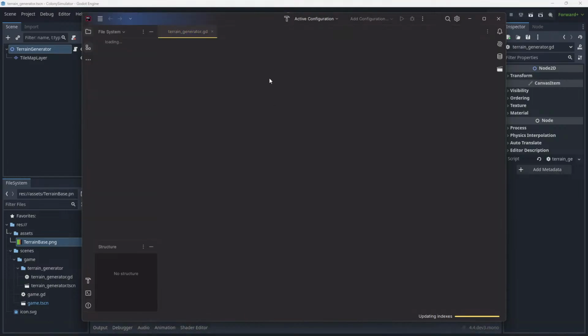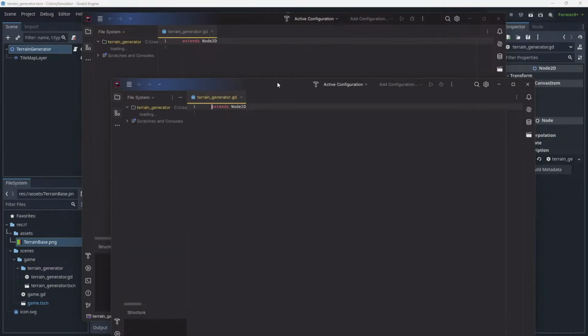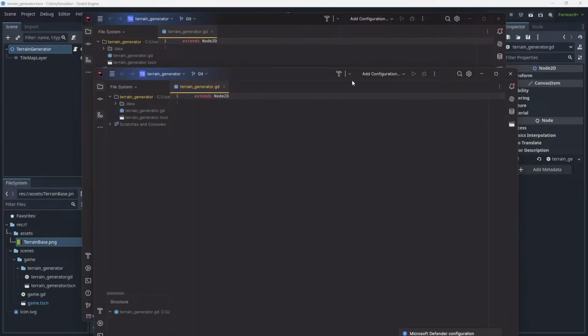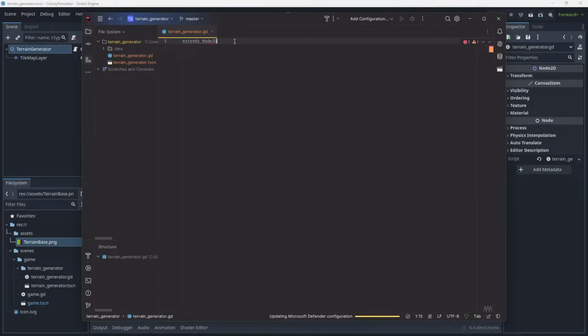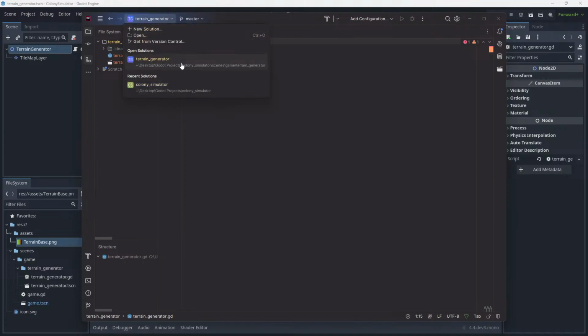Why did that open like 3 times? What are you doing there? Don't be doing this now. This is one downside to me using Rider at the moment, is I keep running into this issue where it's just not detecting the correct class and stuff. So what I can do here is open